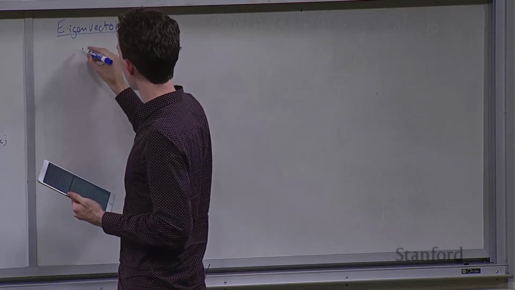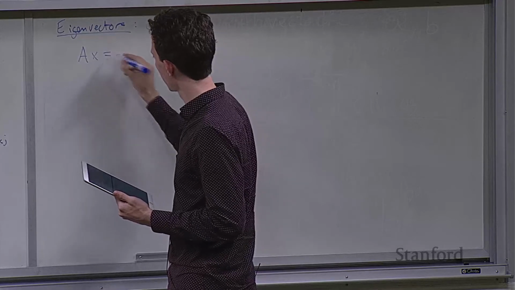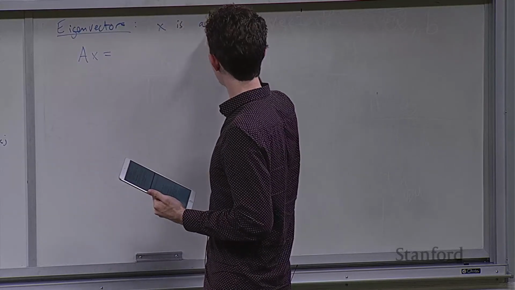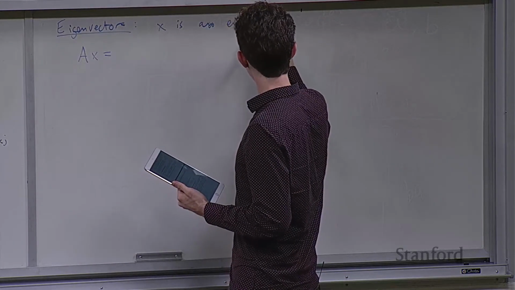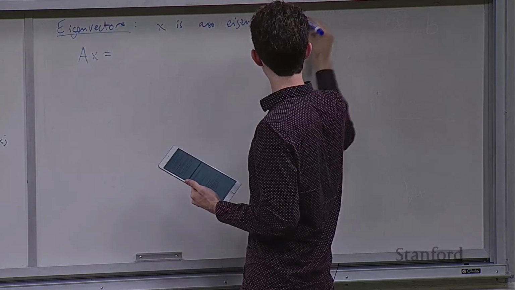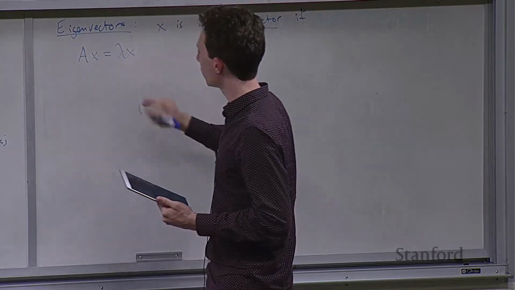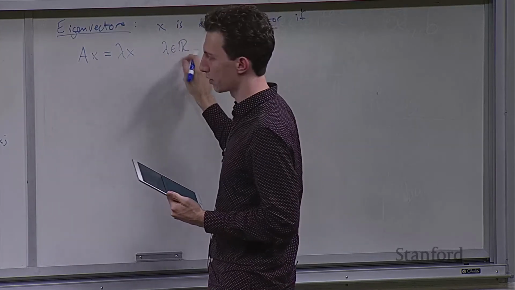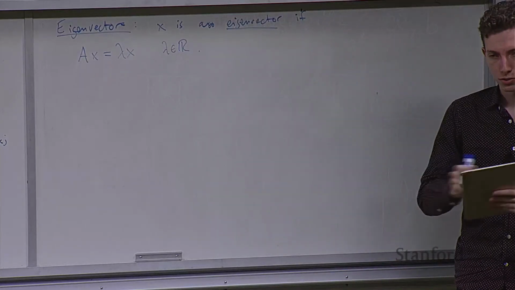Let's say I have a matrix A, then I have a vector x. x is an eigenvector if the following property holds of this product: if, for some scalar number lambda, A times x is just a scaling of